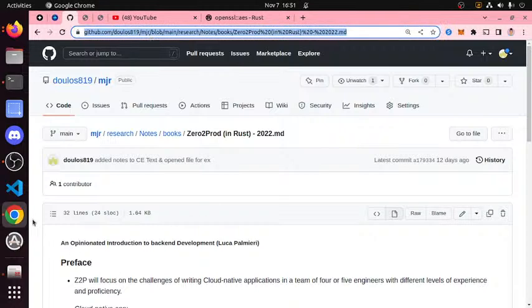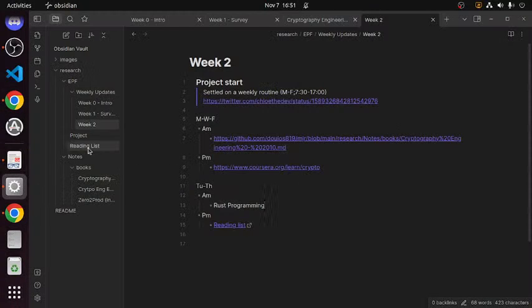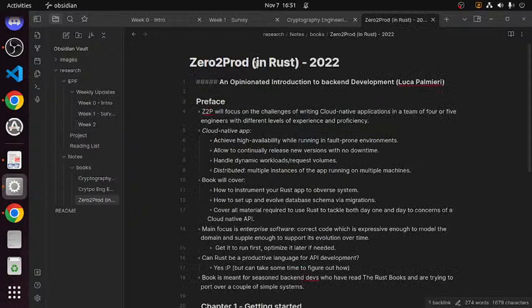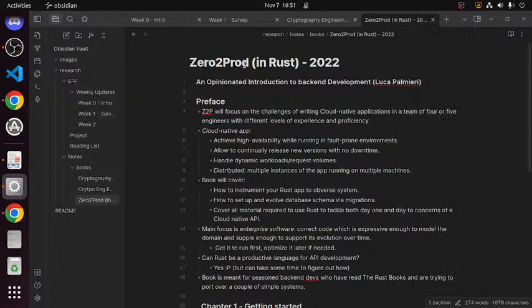I need to change the title of this right now. Actually, this link is not going to work forever. Maybe I'll change this right now. This is going to bother me. So I have the link here, but this name is just too long. So 0 to prod. That was fine, but we don't need all of this.